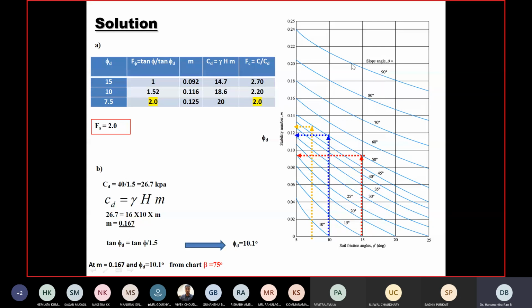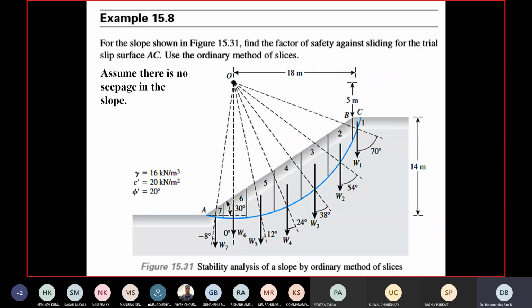From the chart, pick up the beta value. This is simply entirely the reverse of part A of the sum. Okay, so this is as simple as possible, a straightforward problem. You already dealt with this one before the mid-sem exam also, so I'm not going to reiterate again. Okay, so try to note down another sum.